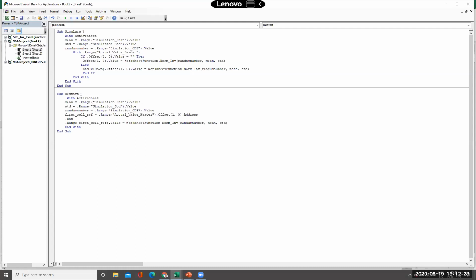I'll put dot range, open bracket, first cell reference, first cell underscore reference, and ampersand, which means plus. I'm going to add, within quotes, C1016. It is there, right? I'll close the quote, dot, clear contents, CLEARCONTENTS. This is there. That means this will clear all the contents here. Okay. Now we will go there.